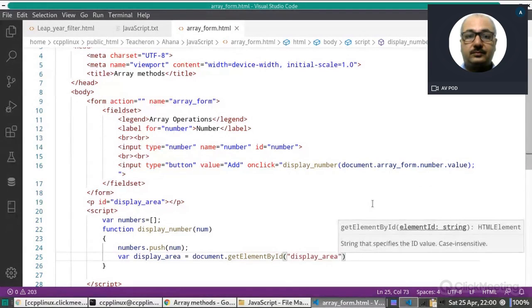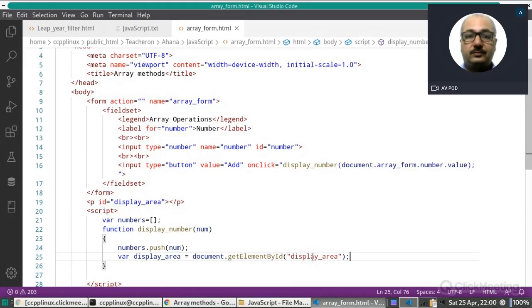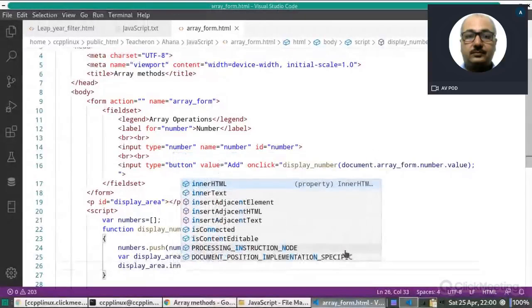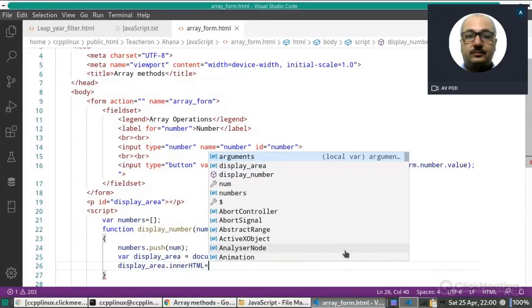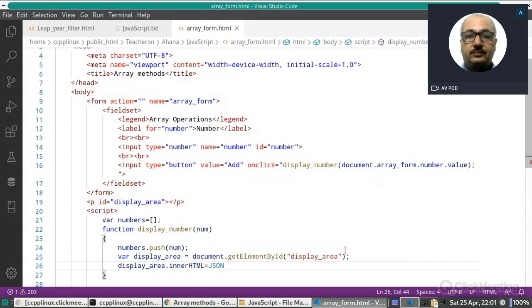There is a difference: this displayArea is the ID of this p tag, and this displayArea is the variable of JavaScript, although the name is the same. And now here we can write displayArea.innerHTML equal to JSON.stringify(numbers).